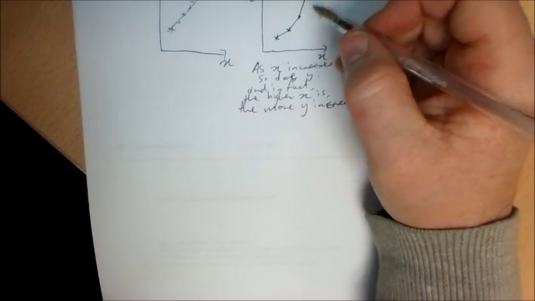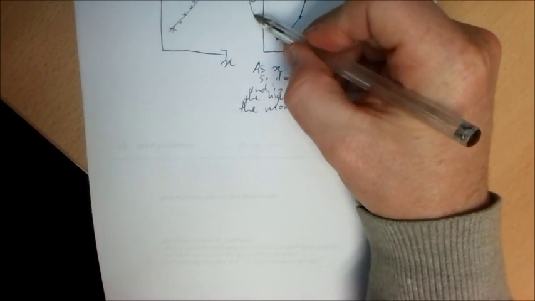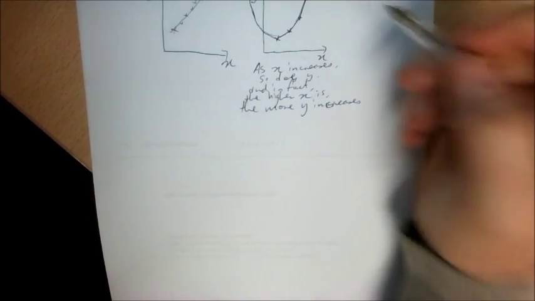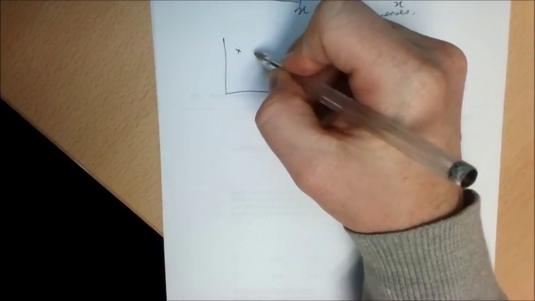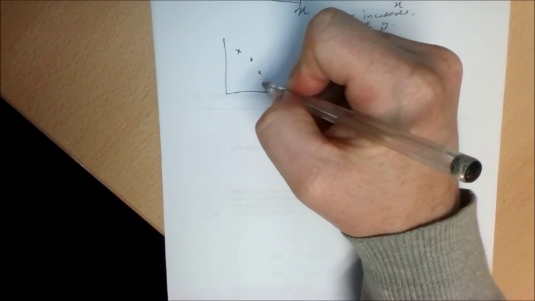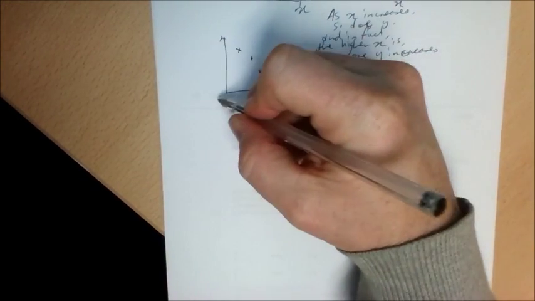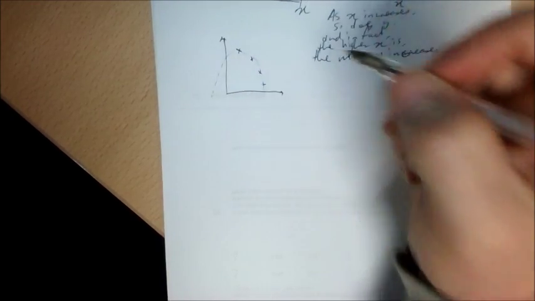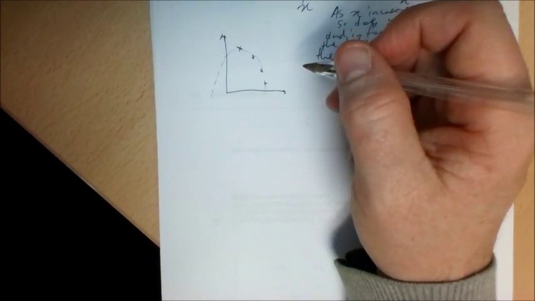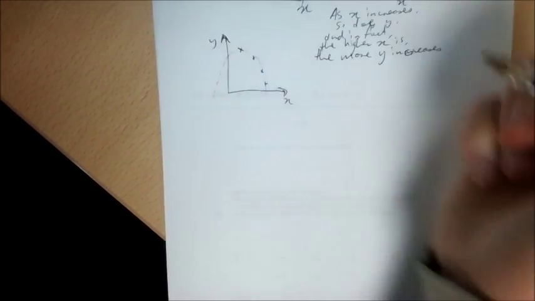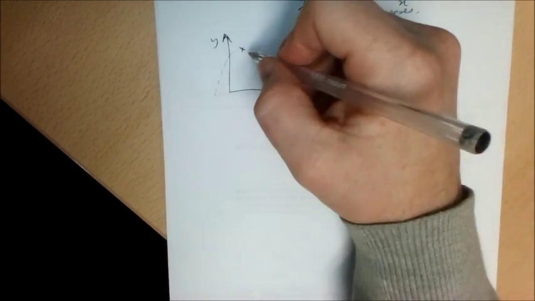Now, when I mention concavity, I mean the fact that this is concave up. Other graphs, so for example this one, are concave down. So if I completed that, it'll be like a bucket facing down. So that's concave down. Now for this one, it's as x increases, y decreases, and the further over to the